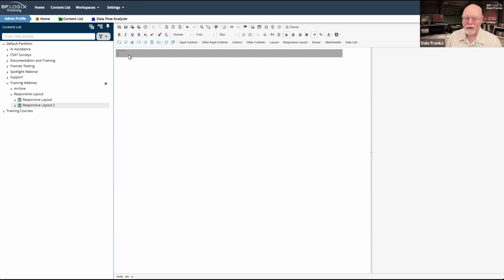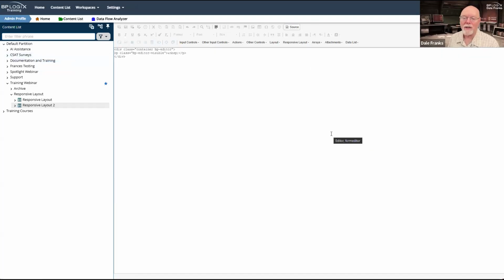One of the drawbacks of the responsive layout controls is that you need to know how Bootstrap works, and you need to know how HTML works, and you need to be familiar with how HTML works behind the scenes in a Process Director form, and you need to know what these classes are and how to manipulate them.